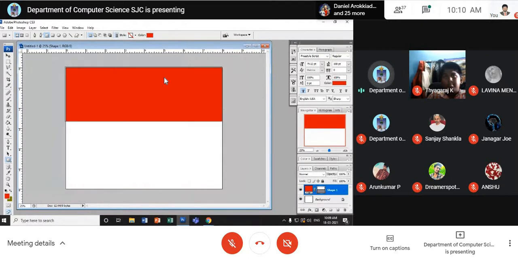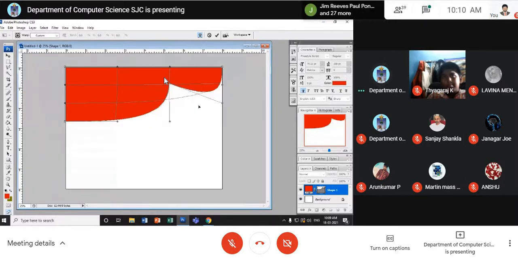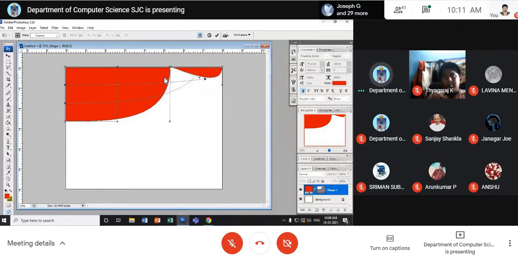Okay, I've got this rectangle. Right now, what do I do? I just press Control T and click on the top. Look at here, I've clicked on the top. Now you can see here, you can change it as you like. Some of you asked how I made this, maybe some curved designs. Curved designs. See here. Am I clear to you? Some curves.